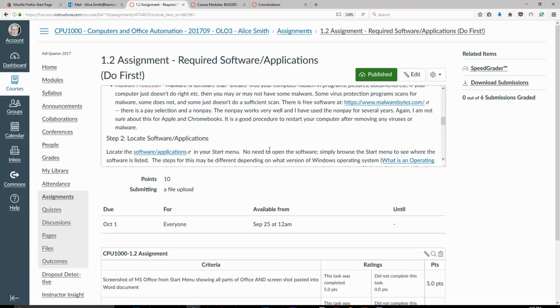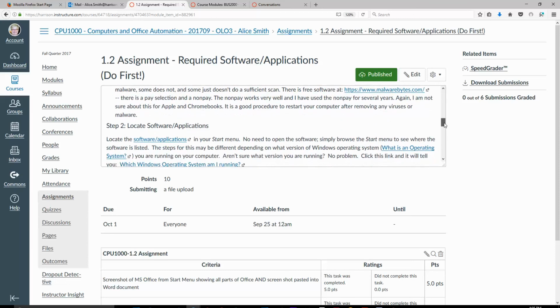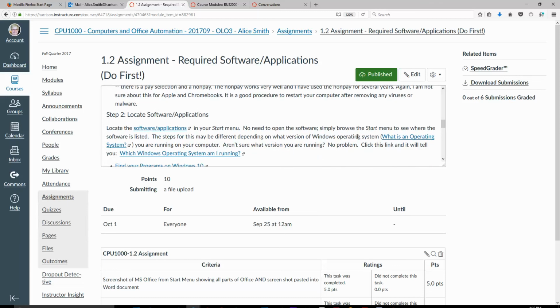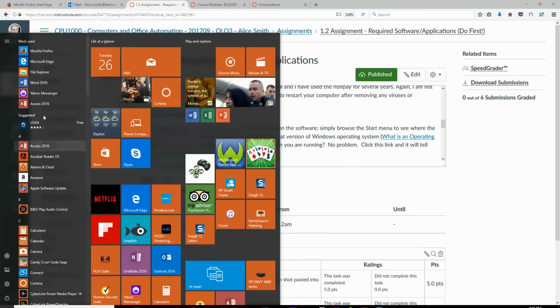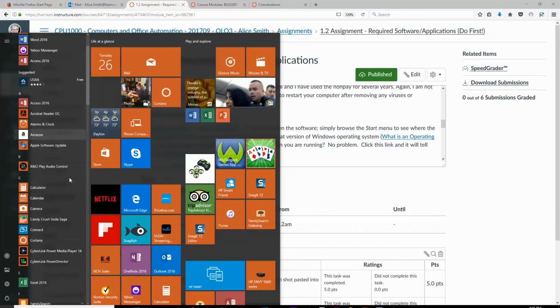Now, Step 2: locate the software applications in your Start menu. No need to open the software. You just simply need to browse the Start menu, and the Start menu can be this little window-looking thing that I'm looking at. Again, I'm talking from one that is DOS related, so you can just click that, and you can see here. And if you scroll down,